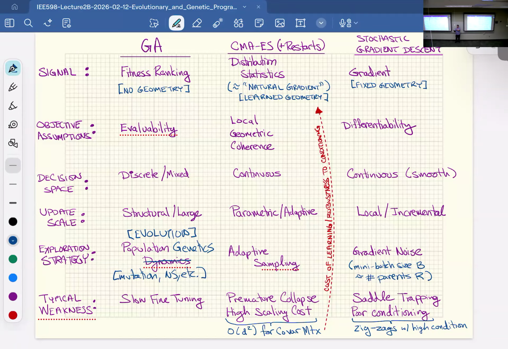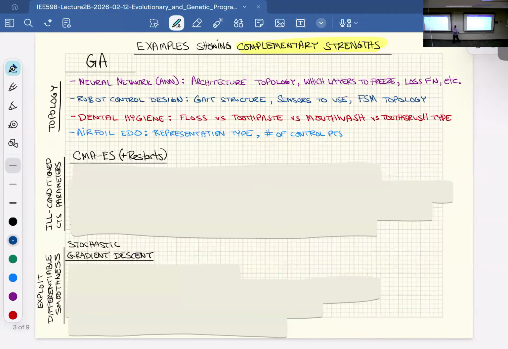Any other questions about this grid? All right, there are also some examples that might help with this, and then I like to get to the code. So if you take that grid, then we're going to say, all right, what are some examples of systems where, I'm going to use the same four systems, but I'm going to use these three algorithms for different aspects of those systems.